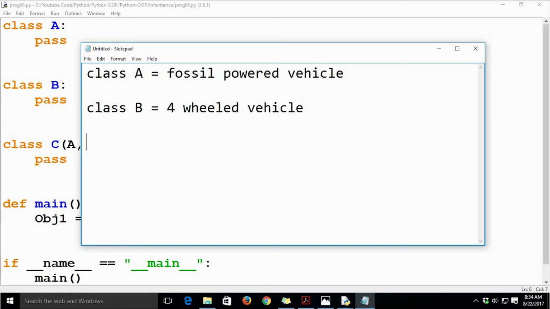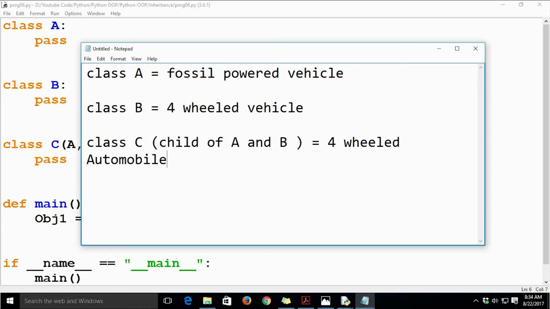Okay, so now we can derive a class C as a child of A and B, a four-wheeled automobile.